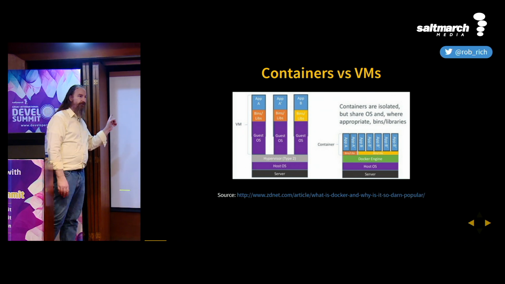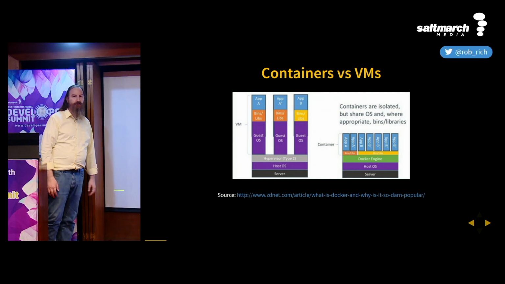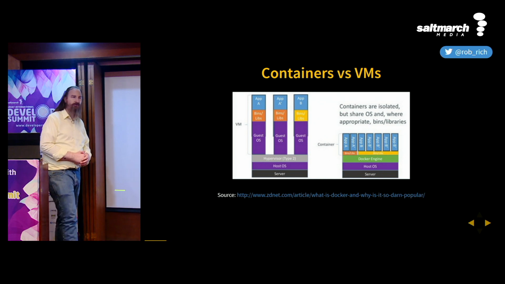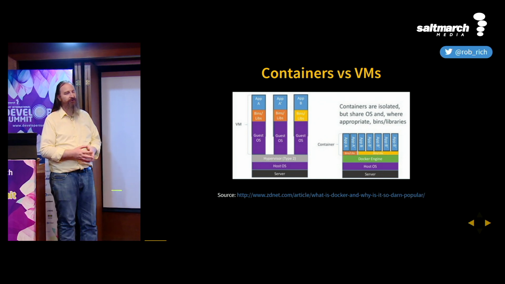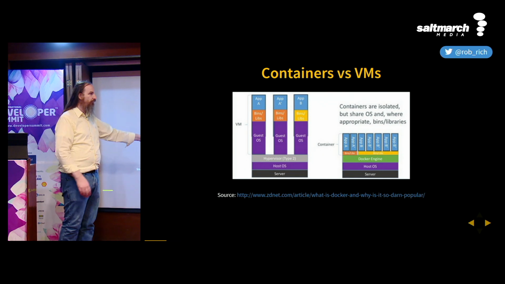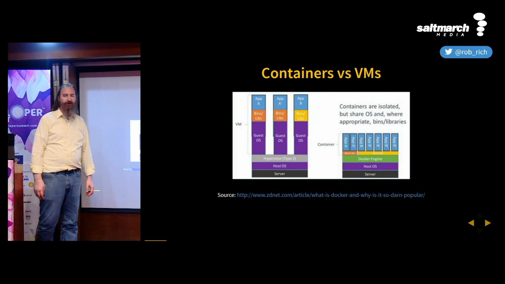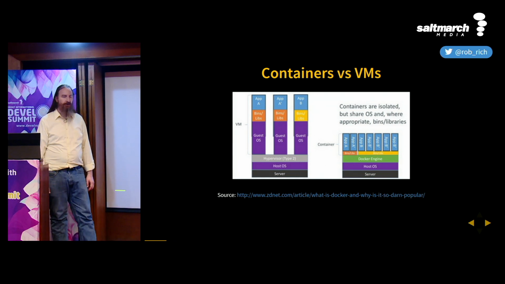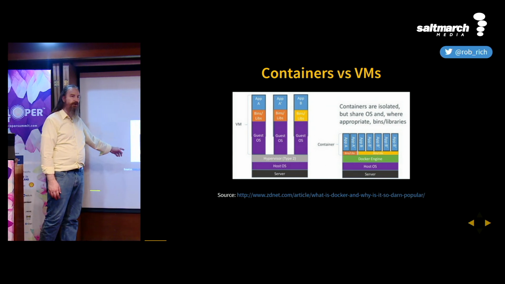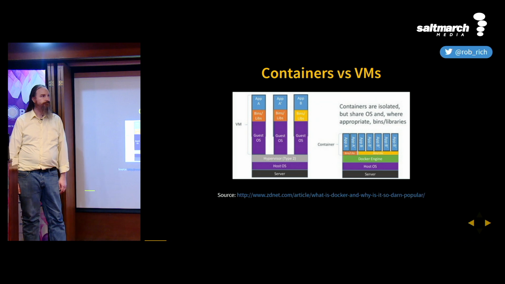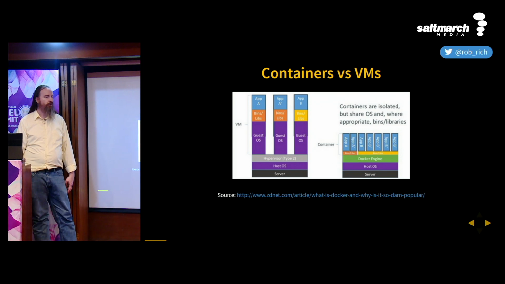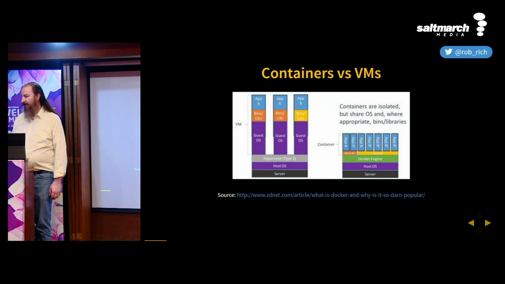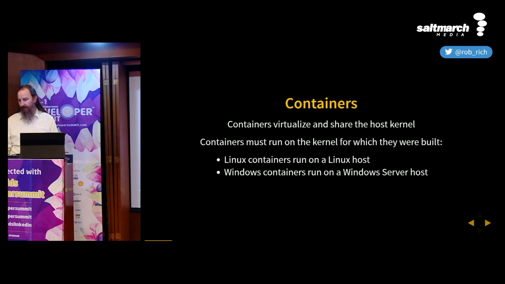Here's VMs on the left and containers on the right. We can see that on the left, we only got 3 VMs into place. Now, this diagram definitely isn't to scale, but we also got 7 containers on the same hardware because we're using them more efficiently. Here on the left, we needed a copy of our operating system in each virtual machine, and in containers, we don't. So that's really cool. Containers.